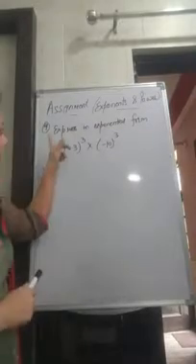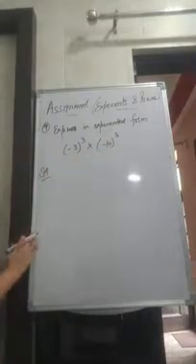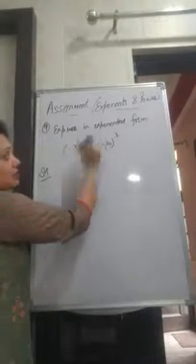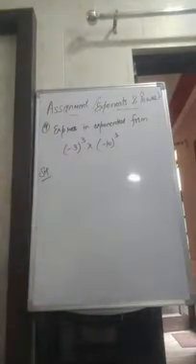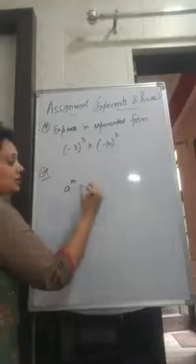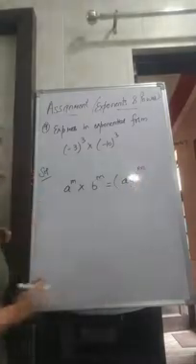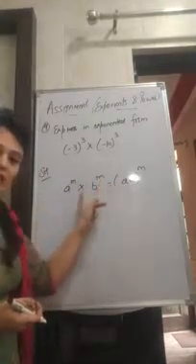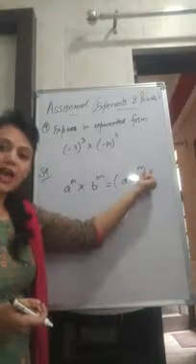Next question. Express in exponential form: -3 cube multiply -10 cube. Beta, now we can see in this question that we have different bases, a multiply sign and the same power. So we have done one law: a raised to power m into b raised to power m is equal to (a into b) whole power m. It means if the bases are different, the powers are same and there is a multiply sign in between, then the bases will get multiplied with each other and the power will be as it is, right?